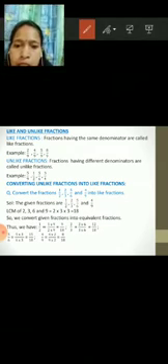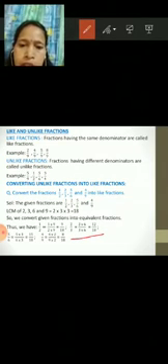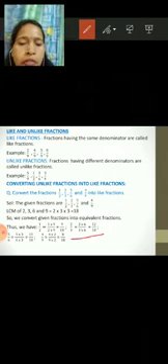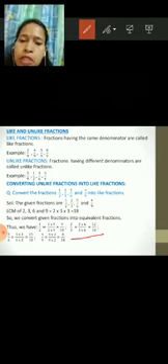Next, 2 by 3. In 3 we will multiply 6, so that we will get 18. The same 6 we will have to multiply in the numerator also, so 12 by 18 you will get. Next, again here also we will multiply 3 in 6, so you will get 18, so 15 by 18 you will get. And in the last term, 9 into 2 will give you 18, so 2 we will multiply in the numerator also, you will get 8 by 18.